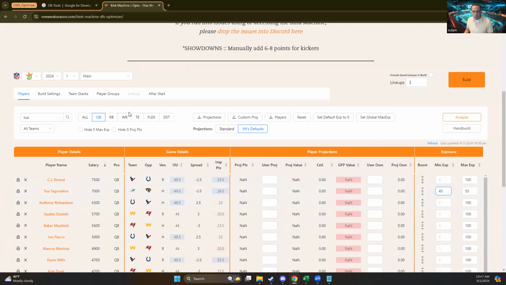And you can do this for all your players. In fact, I actually do this for all my players. And so setting the projected points to be 4x salary levels the playing field from an optimizer projection standpoint, so that you have complete control over the players that you want to play. And that is how the optimizer works for you instead of you working for the optimizer.